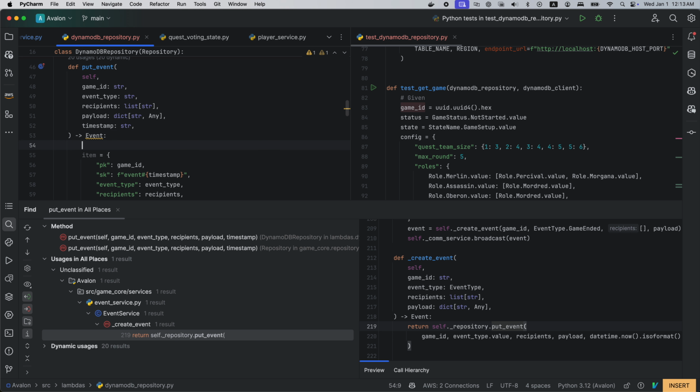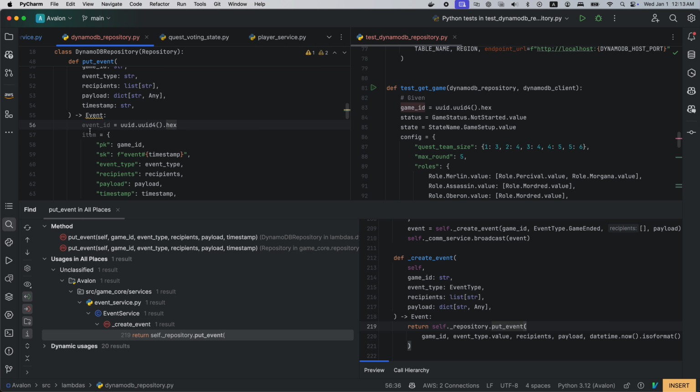So I will make event ID equal to UID. Okay.